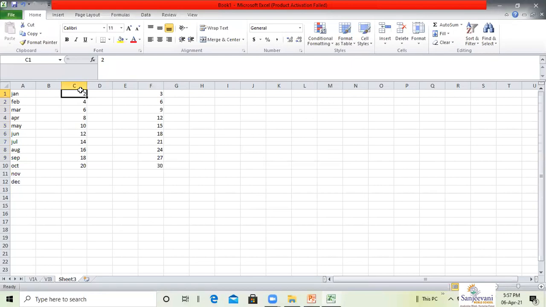Another very useful feature of Excel is flash fill. It is a feature that fills the data in cells by picking up the pattern set in the example. So let us learn more about this. Now, in one column we will type full name and we will type some names over here.